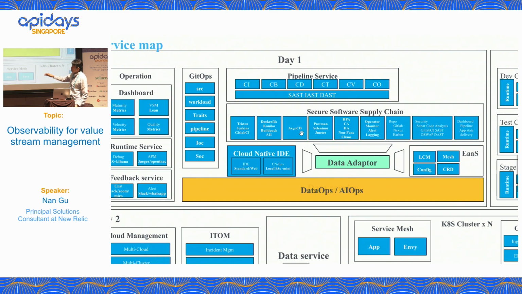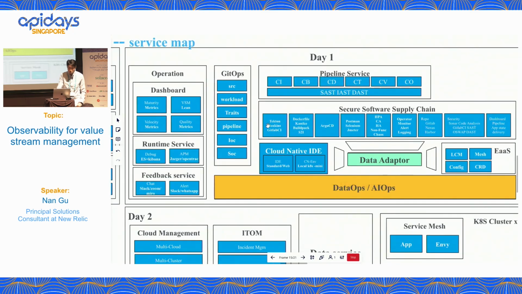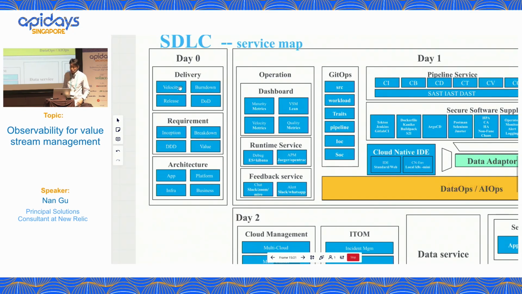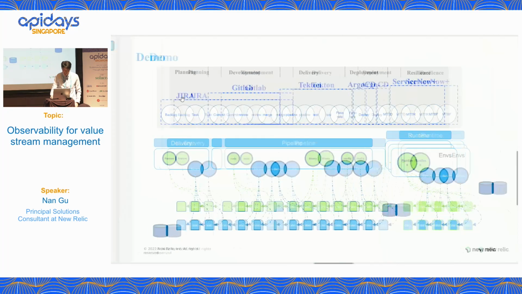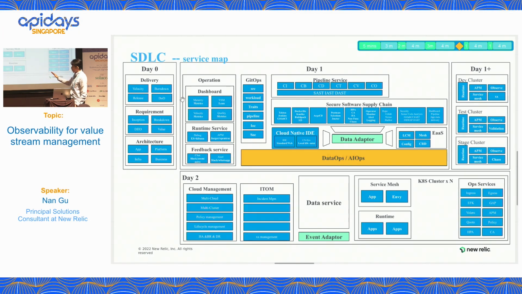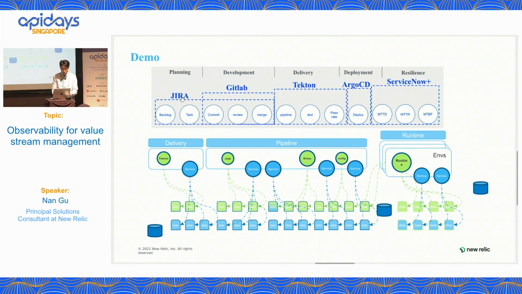And then you also need a domain expert to show you how to break down the requirement, the story, how to do the estimation, right? You also need an agile expert to tell you what the velocity is and how to calculate it. So across this service map, you need domain experts, and then we can talk about the automation. Back here, this is the full map. This is not the one we are going to show everything for in the workshop. The workshop starts from here.